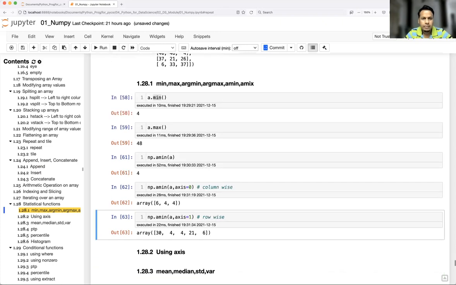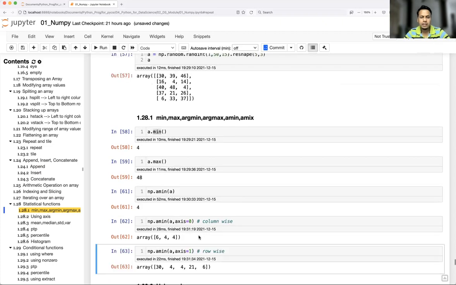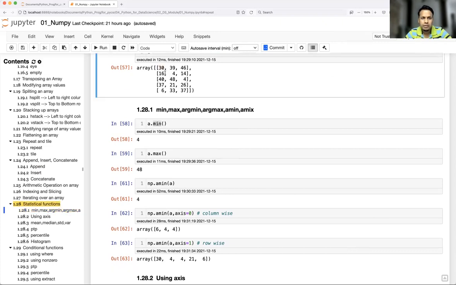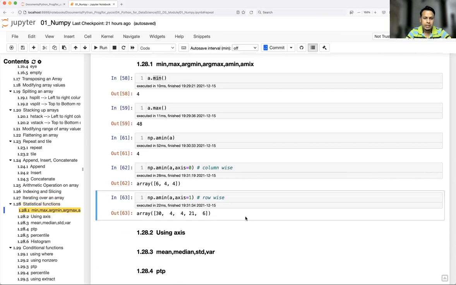That is row wise. That's why you see 5 rows, so 5 different values. Where is it coming from? From each row, it is fetching the minimum value. So out of 30, 39, 46, we have 30 as the minimum value. Then 4, then 4, then 21, then 6. So like that you can use axis.